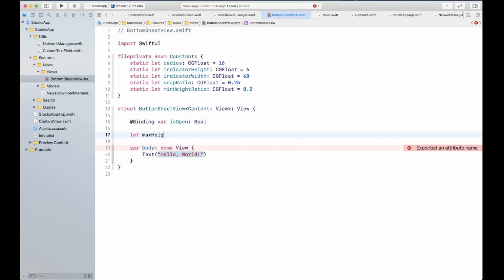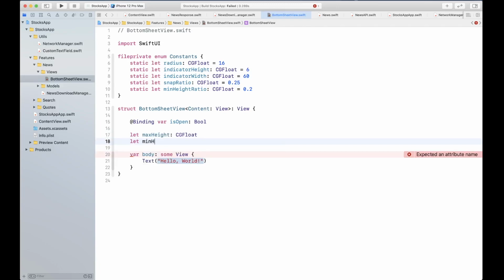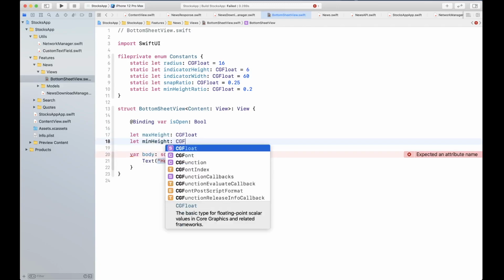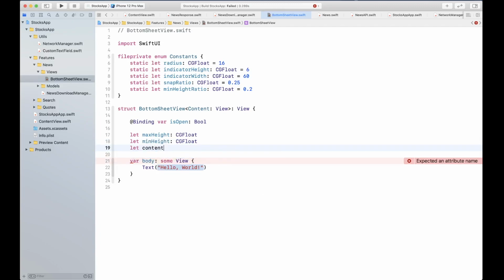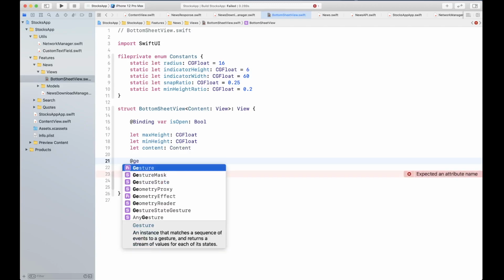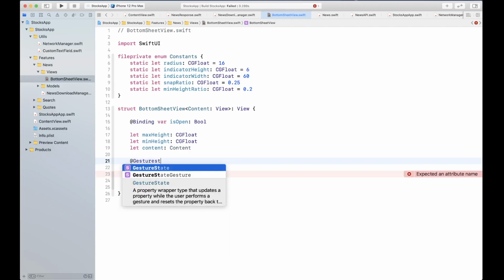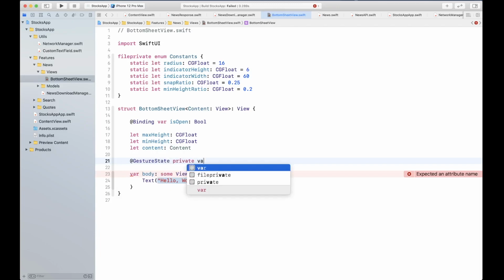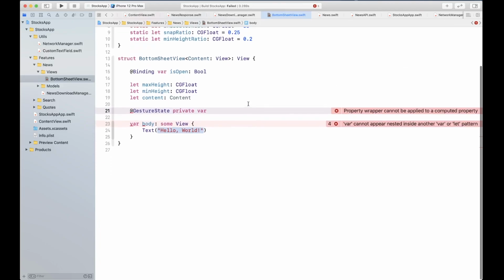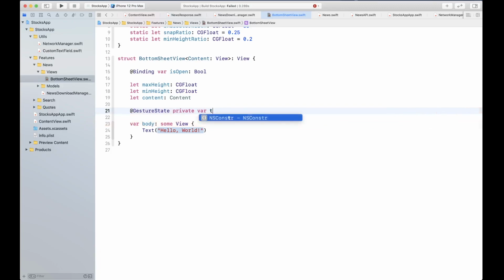We're going to have max height, min height, the content itself, and one variable for gesture state to capture the gesture state. So if the user is swiping down, we want to capture that gesture state and basically provide the swipe, the drag functionality.